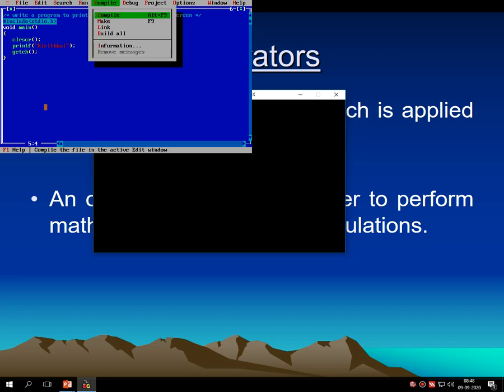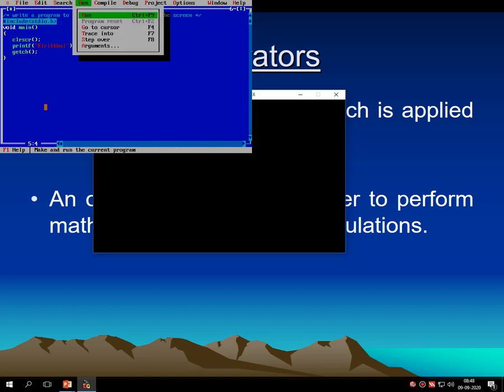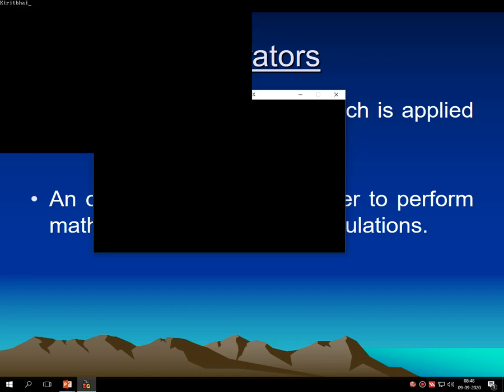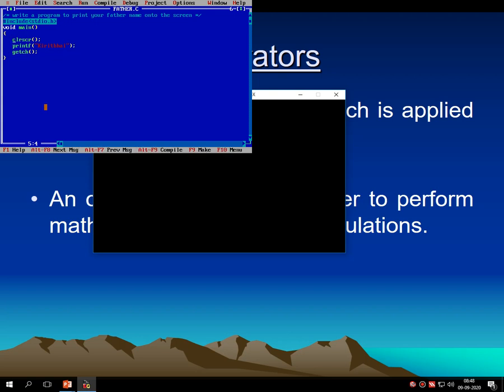Then I am compiling the code which doesn't contain any errors. I am running the code. It displays name of father onto the screen. So this is another example which we have to mention into the journal.